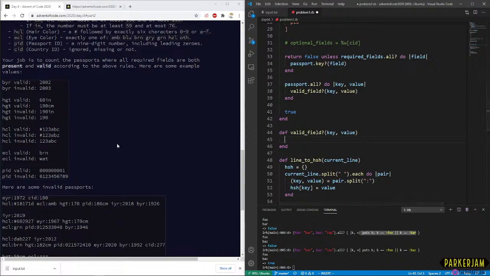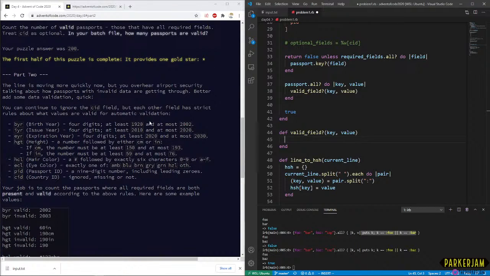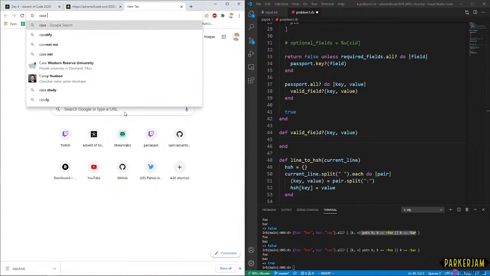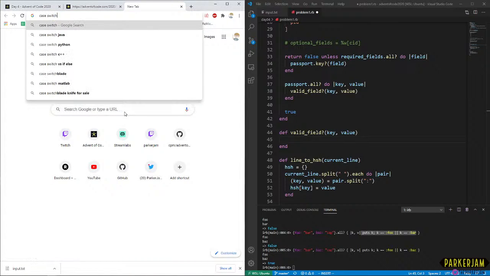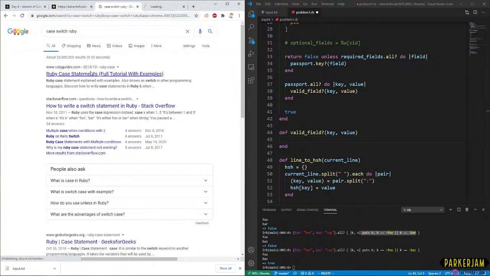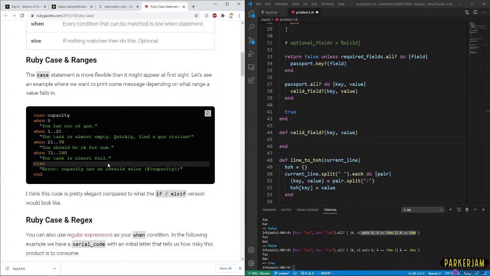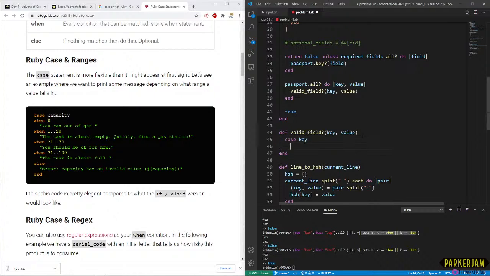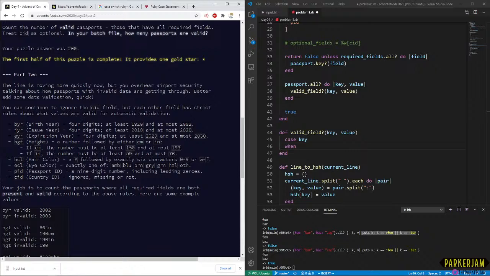Okay, so where were we? We're going to determine what's a valid field, right? So we have these rules. What is a switch case statement syntax in Ruby? I never use that, so maybe we get spicy here. Case when blah blah blah. Okay, that is fair. I think that actually is a good case key. When okay. I think that we got this. When fire